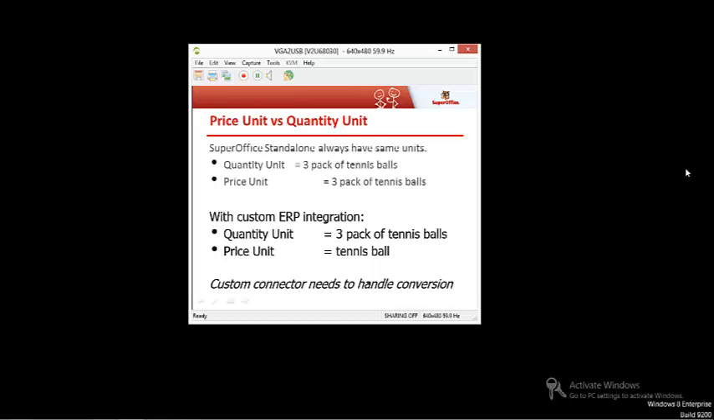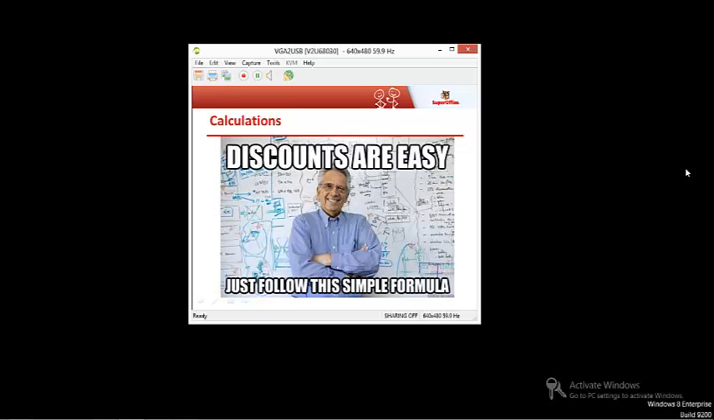We have no idea. We don't want to know. But you can fill these. There are two separate fields. You can fill them out separately. But SuperOffice will always keep them in sync. We wanted to, but it wasn't brave enough. So every time we change stuff, we call the connector to do calculations,